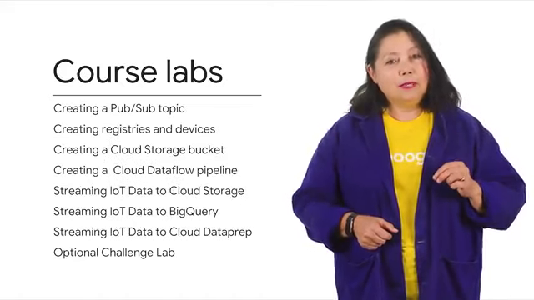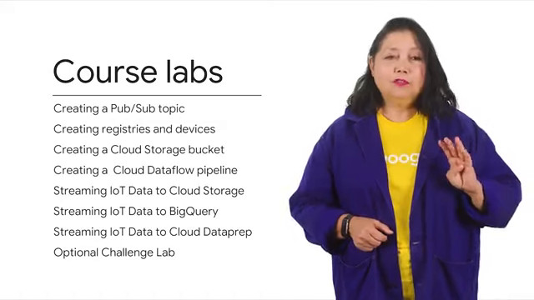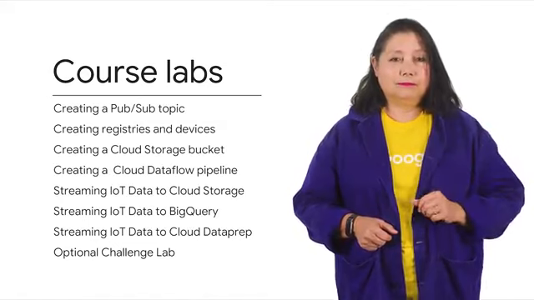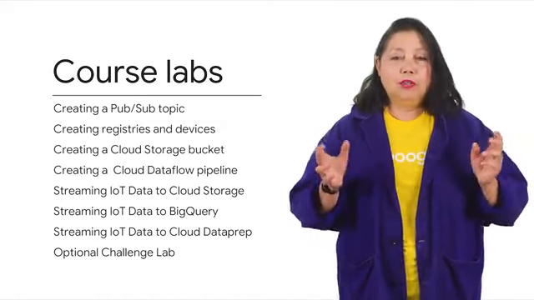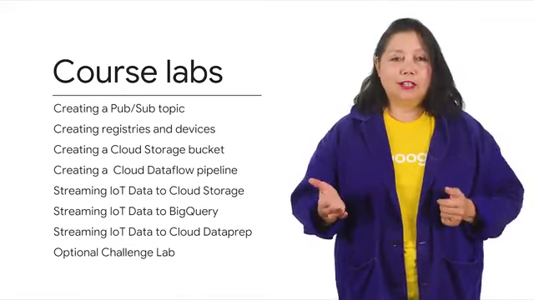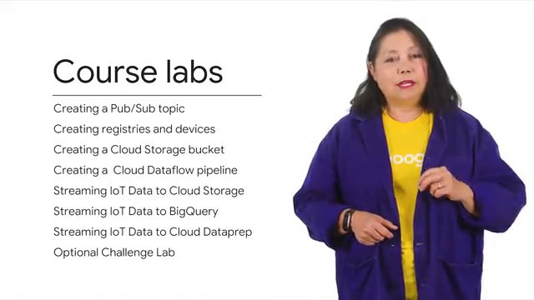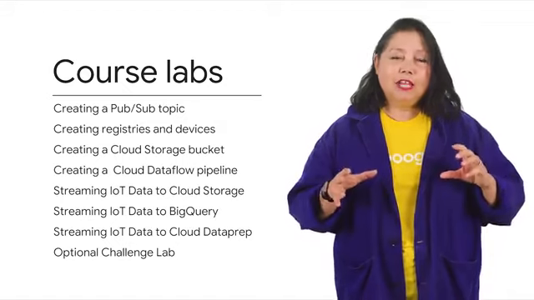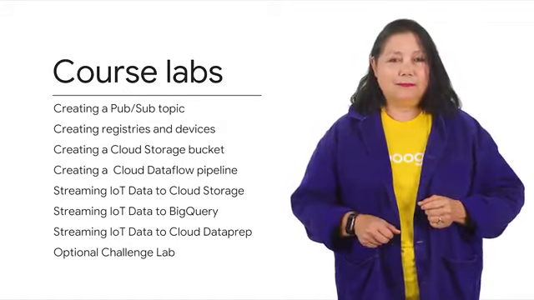I think you might be excited to hear that there are 7 labs in this course. The first 4 are mini labs. Each one focuses on a Google service. In the 5th lab, you tie all the services together when you create a data streaming pipeline from simulated device to cloud storage. Labs 6 and 7 change the pipeline from a storage destination to data analysis. As you gain insights into your data, you really start to discover its value.